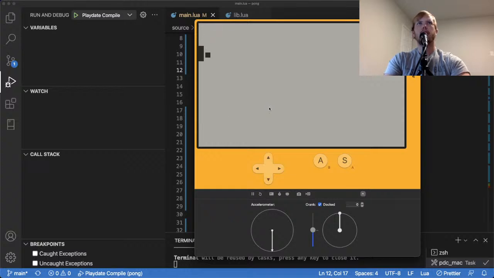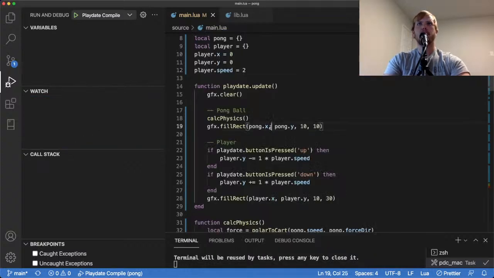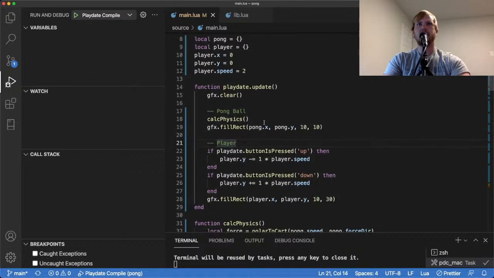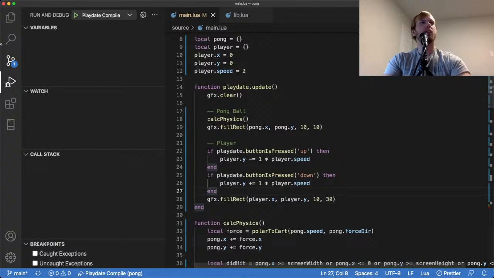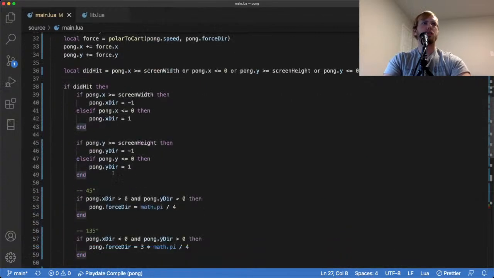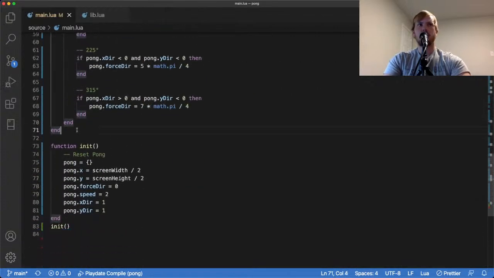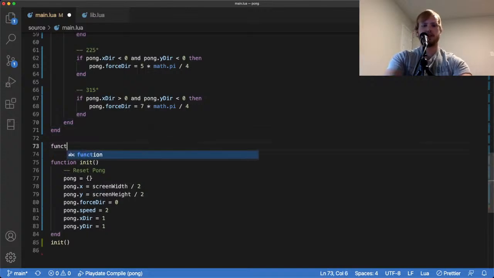Now let's go ahead and add the collision. That would be the next thing that we really need to add. To calculate the collision, we're going to want to make a new function down at the bottom. Let me scroll down, and we'll call it function,